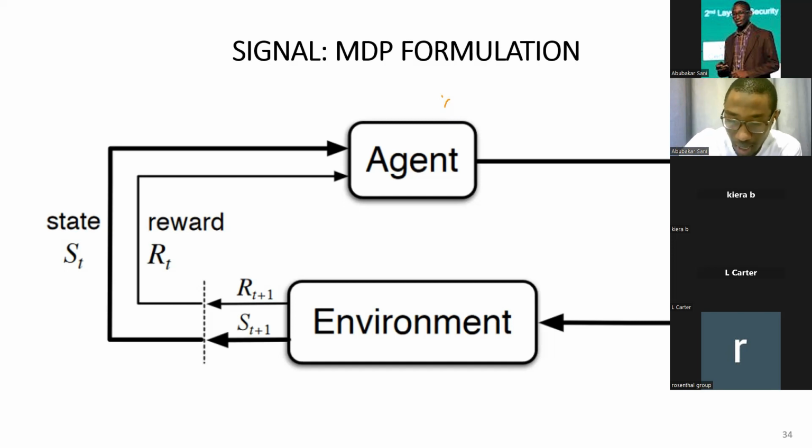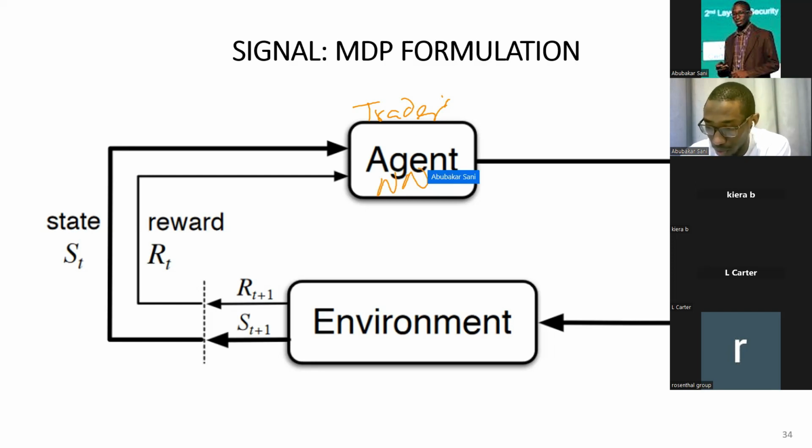Let's look at this. Normally, when you are doing reinforcement learning, the first thing you start with is what we call the MDP formulation, the Markov decision process formulation. You have to define what your agent is. Remember, the agent is the thing that works. You can call him the trader. This is the guy that will trade, and his brain is going to be a neural network.